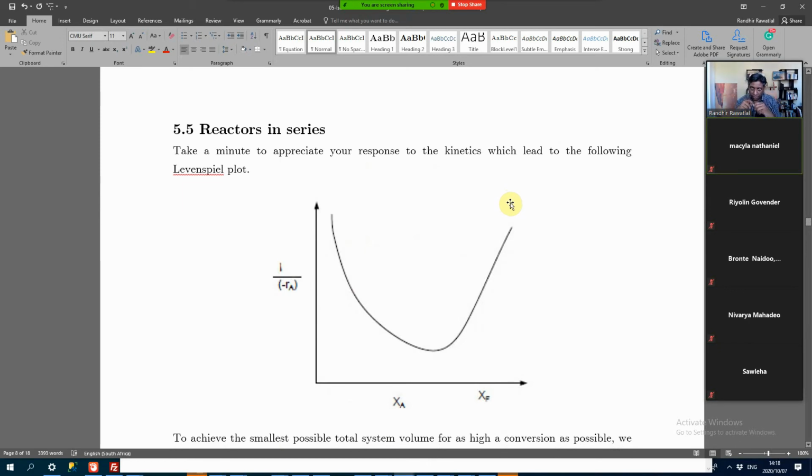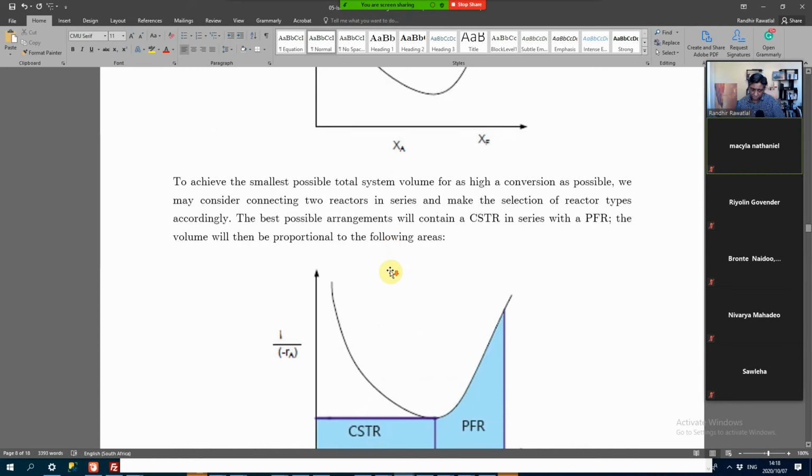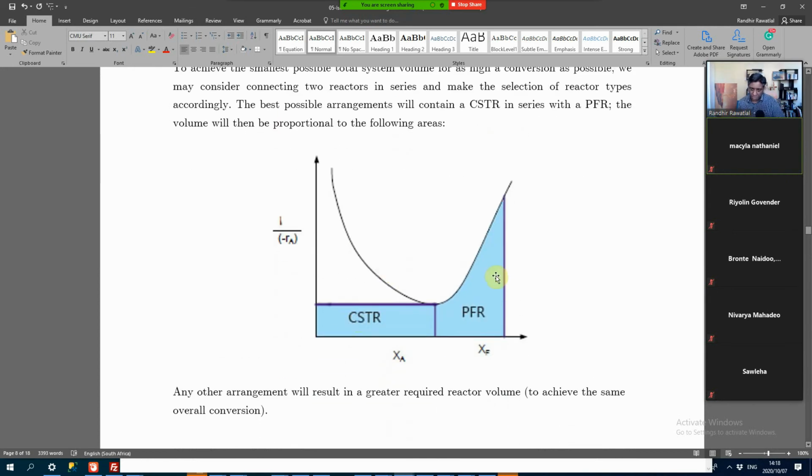And then quite often our kinetics are rather complicated, and you get strange bumps and things in your reaction rate as a function of conversion. So it might easily happen that you'll get 1 over Ra doing something like this. And so in this case, again, there isn't a completely clear answer. So if you think of it, the best arrangement in this case would be to use a CSTR here. So if you pick that CSTR, then you are saving all this volume. And then with your PFR here,